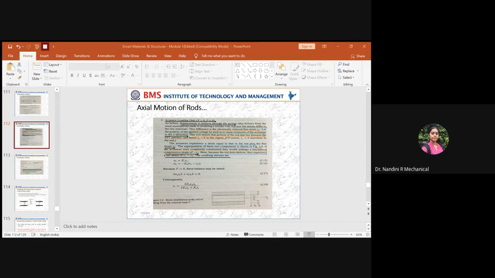So the last case is if you apply both the mechanical and the piezoelectric loading together, what happens? Means you are applying the electrical voltage for the direct effect, and again you are applying the force for the indirect effect in a single device at a time. Okay, means first it will go ahead with one process. Once the direct effect is over, it comes back for the converse effect. Means constantly you are applying the voltage as well as the force, where both the values are greater than 0. In that case,